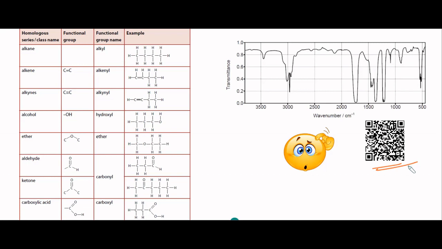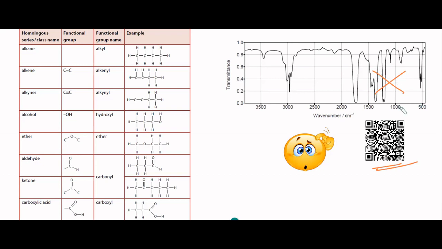Likewise, another analogy is with our fingerprints. Each of us has unique fingerprints. My fingerprint would not be the same as your fingerprint. Your fingerprint will not be the same as your parents' or your friend's fingerprint. Likewise, each and every compound has peaks which would be different from other compounds. But unfortunately, because we don't have sufficient data, we cannot use the fingerprint region to identify the compound. So this portion can be eliminated.